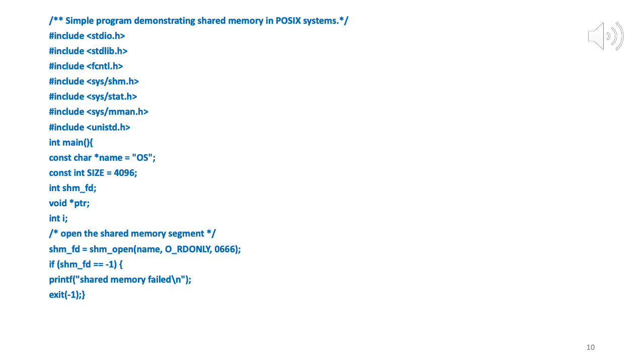So now we look at the consumer program. So what has the producer program done? It has created a shared memory, it has mapped it to its address space, and then it has written this series of messages onto that shared memory. So what will the consumer process do? It also has to map, and it has to basically read.